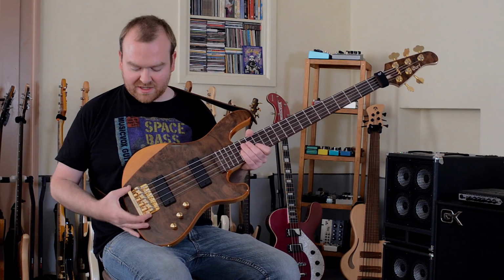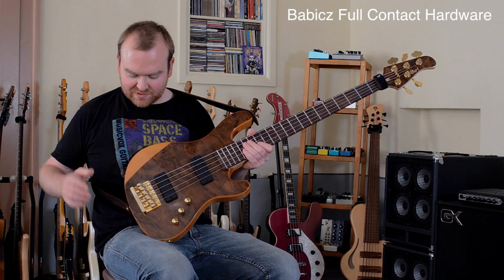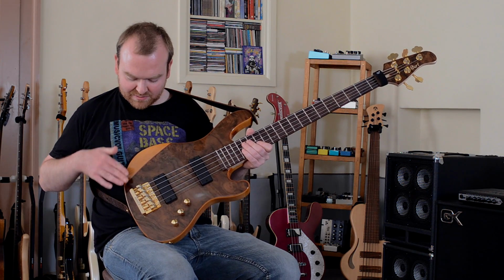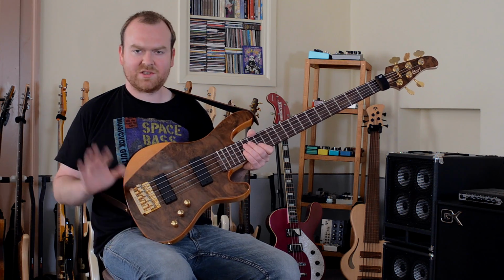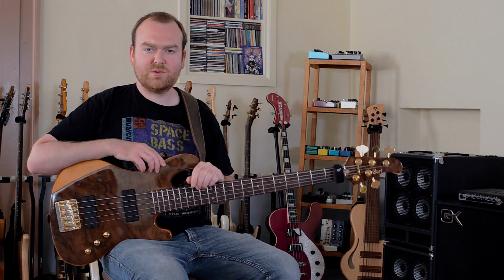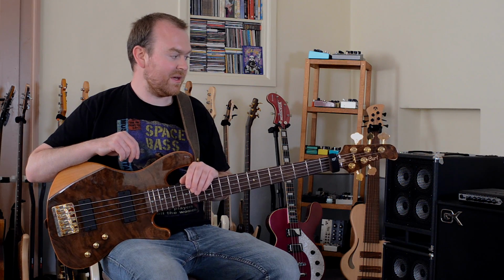The bridge on this bass comes from Barbich or Barbix, however this is pronounced correctly, and it's a high mass bridge, and it's actually a very interesting design when it comes to how to set up string height and intonation. If you're interested in how this works and what it really is, just check some of the videos on the Barbich YouTube channel. The tuners are Hipshot Ultralights, which is again really great to find on this bass,